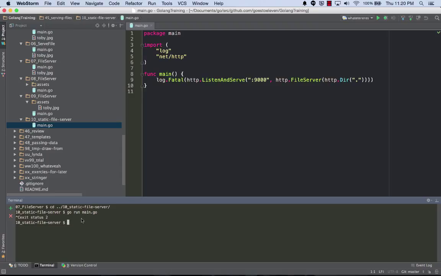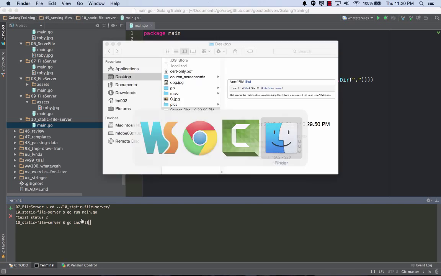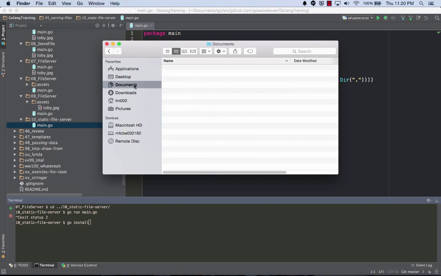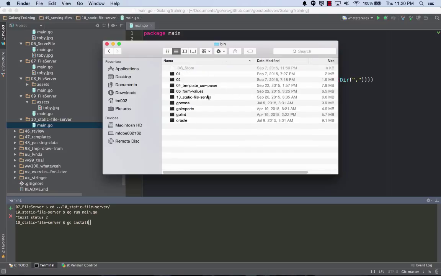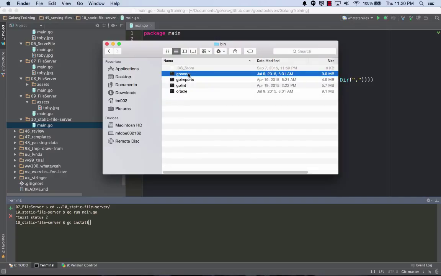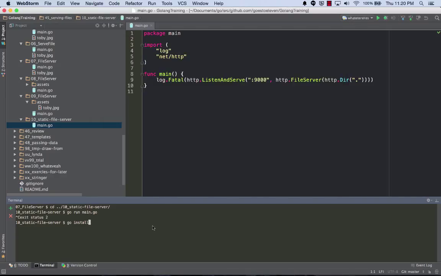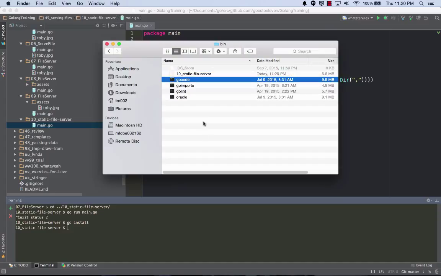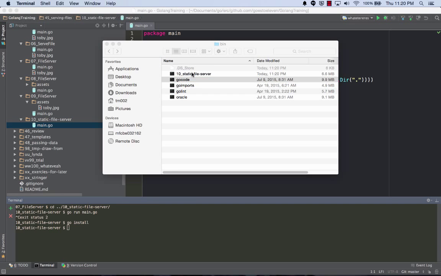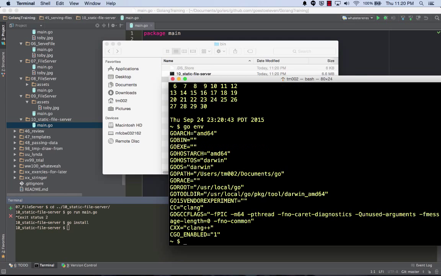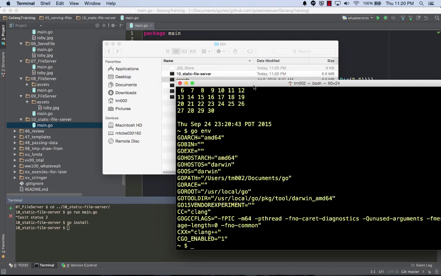But I could also do this. Go install. When I run go install, just as a little bit of a reminder, it's going to go to my workspace, and then in my bin, it's going to drop it. Look at all these other binaries. It's going to drop it into here. So let's run go install and go look in there. Aha, there it is. Now this is an executable, and since in my terminal go env,